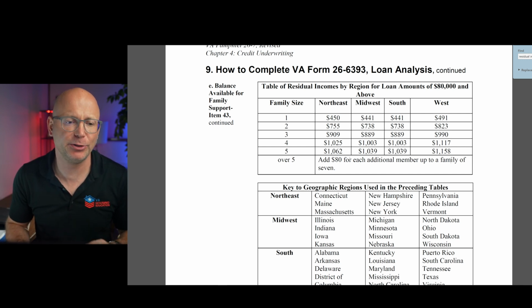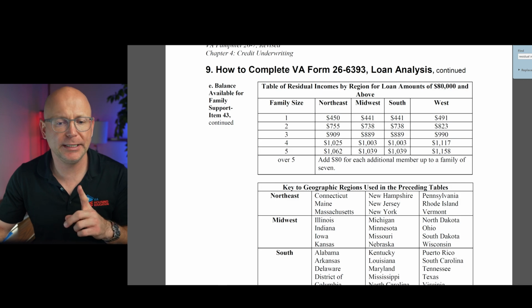And if you're buying in a community property state, you really have to be careful because even though, let's say, a spouse is not on the mortgage, if you're married in a community property state, they still have to pull their credit report and use those liabilities against you to qualify. So that's why in some states you can qualify for a VA loan when you're married and not other states. So those are things that you need to be on the lookout for when you're going through that process,